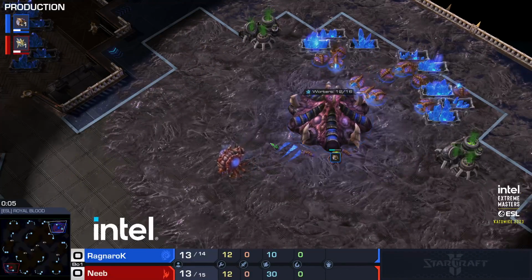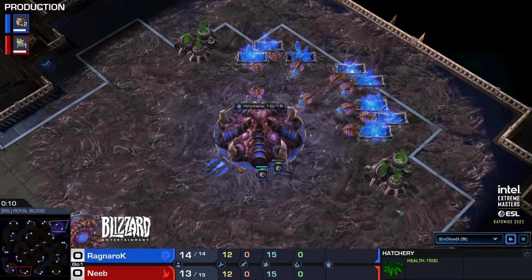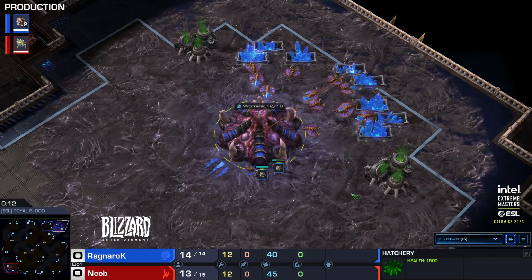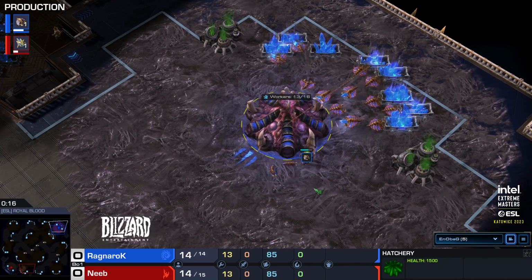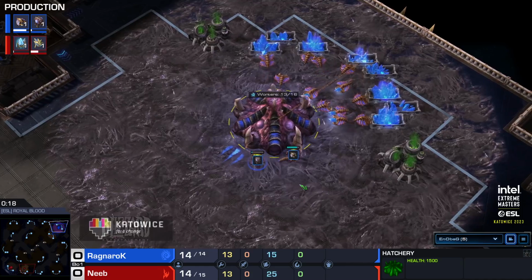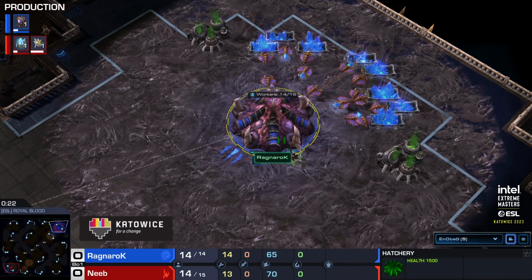Yep. Definitely something he might want to consider into this next game on Royal Blood, one of the shortest maps in the pool, as we go into game number 2. And spawning in the top right hand side of the map, it is the blue Zerg player,